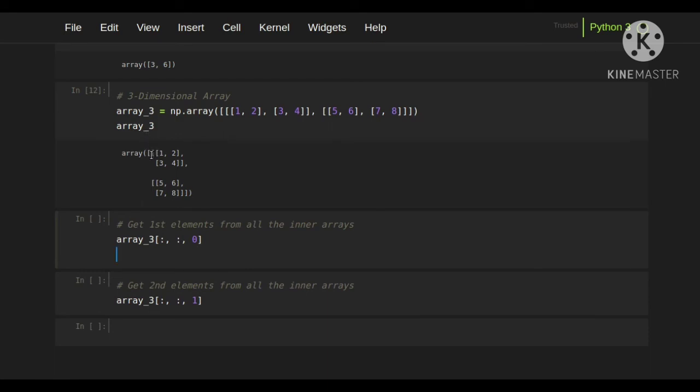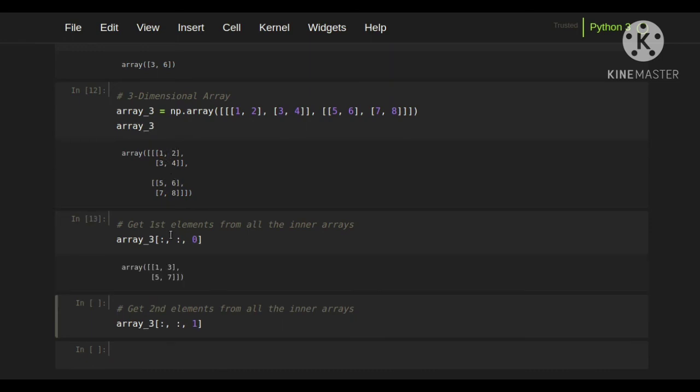In the first dimension we need to access all the arrays, so I have mentioned a colon here. In the second dimension I also need to access all the arrays, so I have mentioned a colon here. In the third dimension I need to access the first element, so to access the first element I need to give 0. This will retrieve all the first elements in the inner arrays.